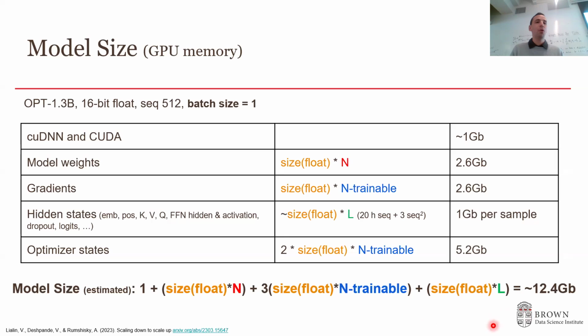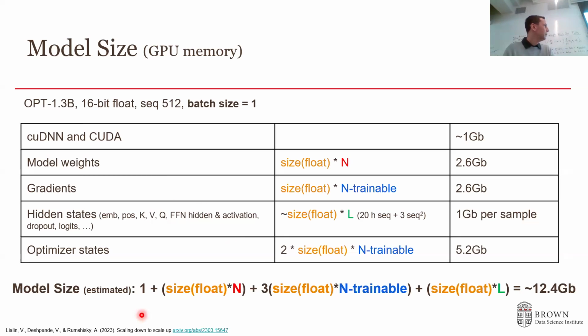Now, this is for batch size equals 1. In real life, we use batch sizes of 64, 128, 256, and so on. And moreover, this is a 1.3 billion parameter model, which is quite small in today's terms. For example, I guess you all heard about Llama, by Facebook. It comes in sizes from 7 billion to 405 billion. The 405 billion parameter model needs more than 3 terabytes of GPU memory to upload to memory to run. So to train. So yeah, it's a big problem.